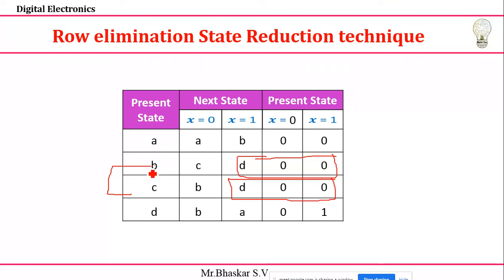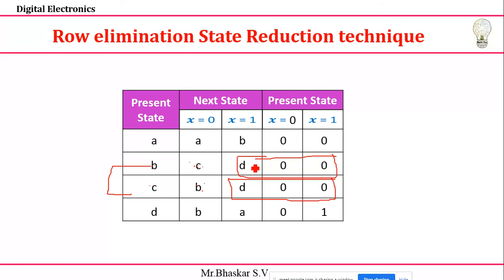Here B equal to C, and here also B and C are the variables. Suppose if you have some other variables here, D and F, it is not possible. You can't do that. But here if you have a BC and here also you have a BC, simply if I make my B equal to C, then easily I can eliminate one row, right?